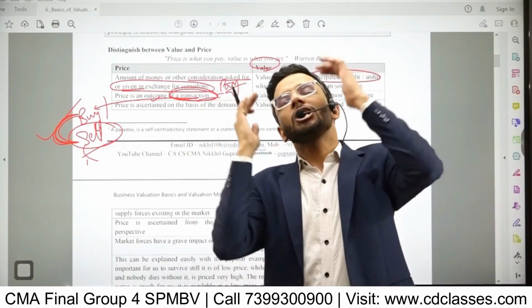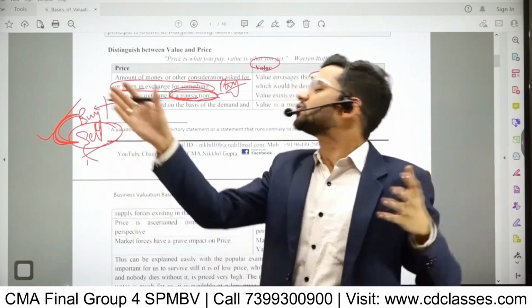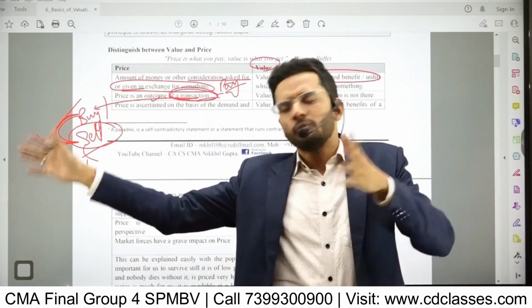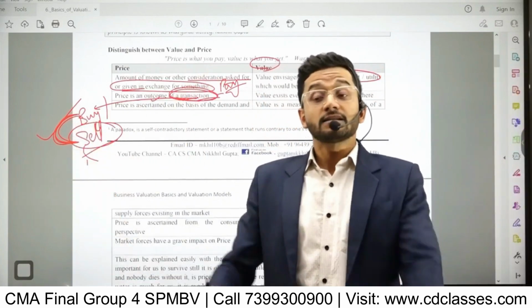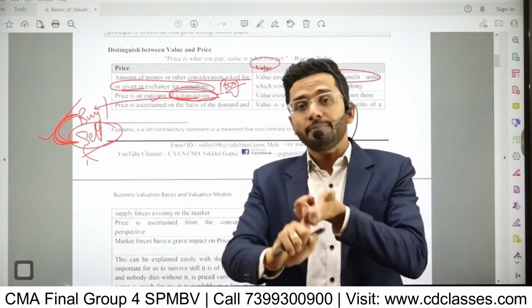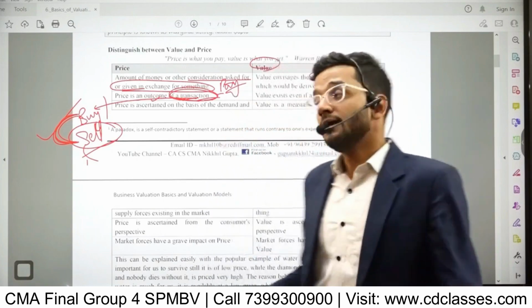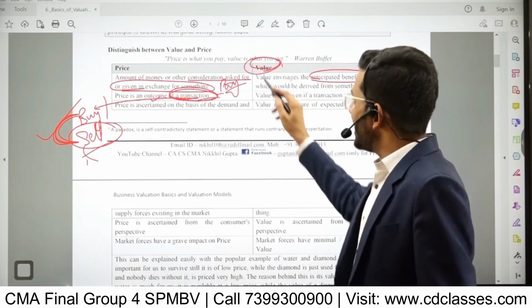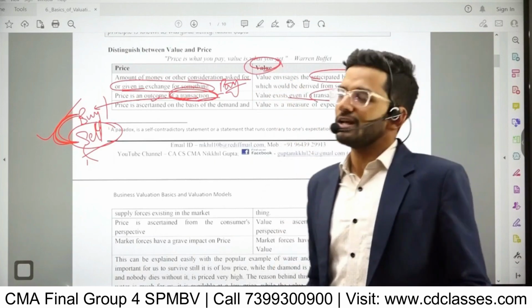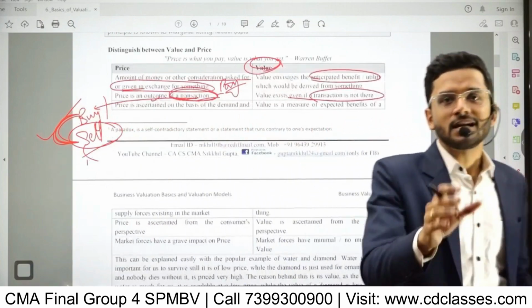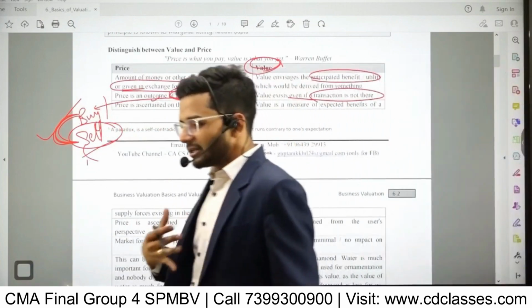The seller just thinking in his mind, oh, I have goods worth so much rupees in my show window, its price is so and so, doesn't mean anything. Unless there's a willing buyer and an actual transaction happens at that price, price is not fixed, price is not ascertained. As compared to this, guys, value can be ascertained even when there is no transaction, because the utility, the benefit which a particular asset will give to me,